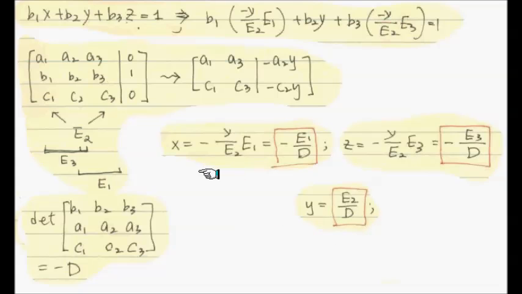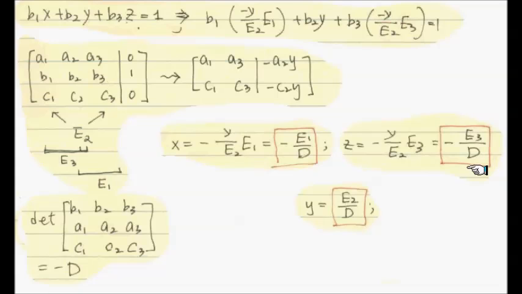So we get x equals this previous formula where y over e2, I forgot to record it here, y over e2 is the determinant D, so that replaces D down there and D down there, and y is recorded here, e2 over D, right? So y over e2 was going to be 1 over D. Sorry about all this confusion. You have to start from here, y equals e2 over D, and then if you use it here,